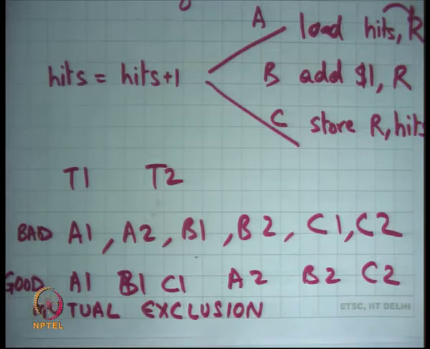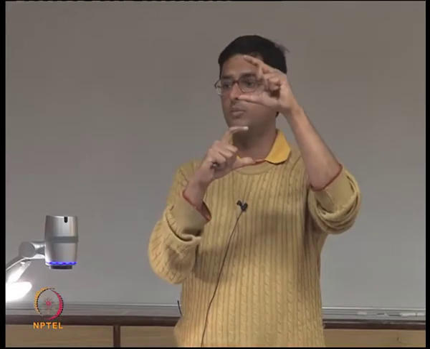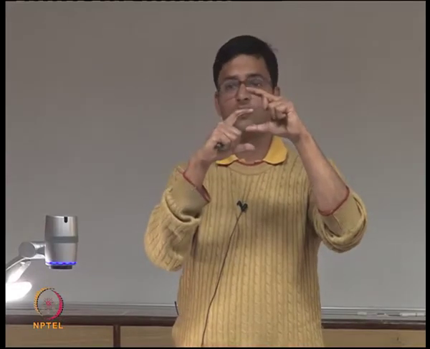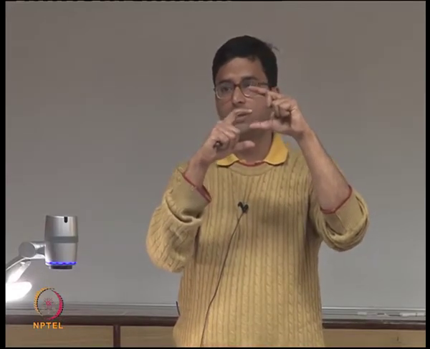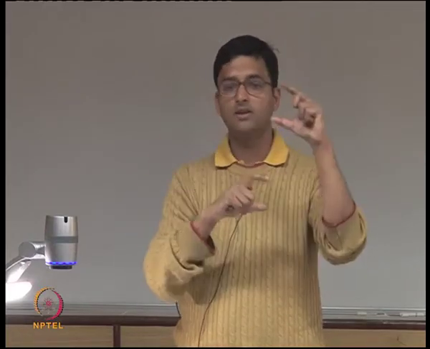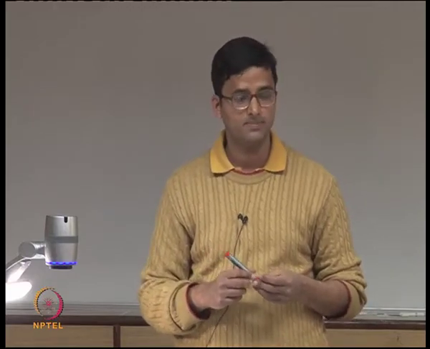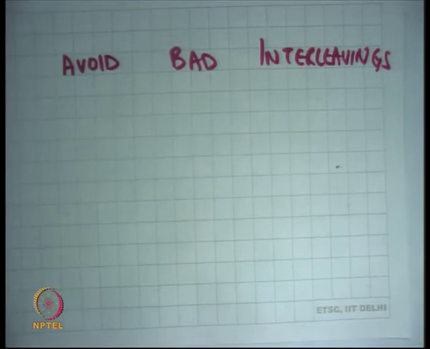So even this is a mutually exclusive execution, and this is also a mutually exclusive execution. This is not a mutually exclusive execution, right? So mutual exclusion is usually a good way of ensuring that your code is correct. Okay. So this problem of managing concurrency is a general problem.